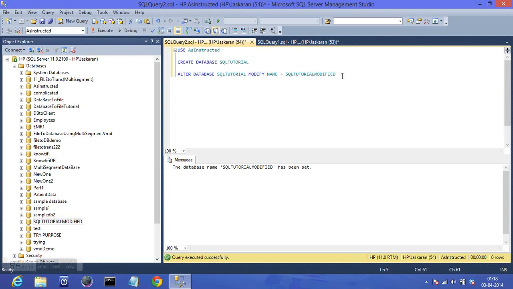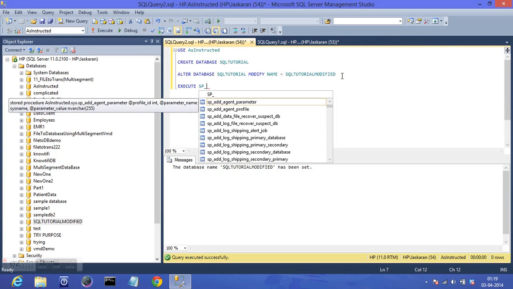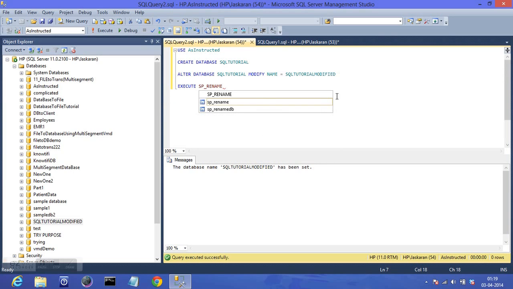Okay, and moving on to the next part, there are two ways to alter the name of the database. The other method uses a stored procedure. A stored procedure is what executes a set of instructions collectively. Right now you might be confused, but just to let you know, I'm using it. I use execute. There is sp underscore rename db, because this is a predefined stored procedure,